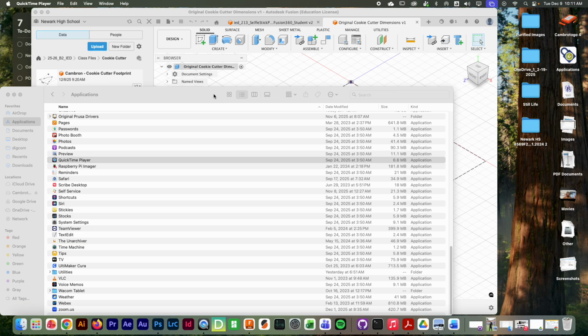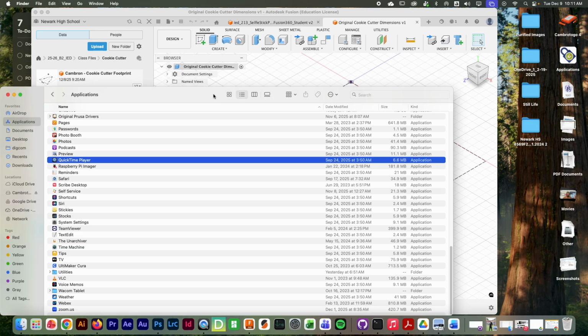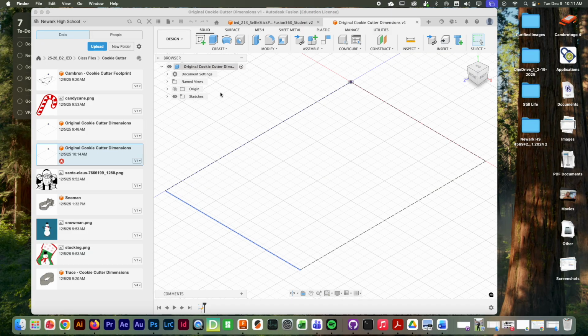Quickly make a video here showing you guys how to make that cookie cutter assembly as fast as possible. Now the first thing you're going to want to do is go over to the class files, find that cookie cutter dimensions